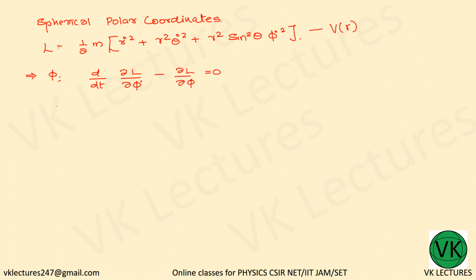Now dou L by dou phi dot is equal to, this is the only term which contains phi dot, so m r square sine square theta phi dot, and its time derivative d by dt of dou L by dou phi dot equal to